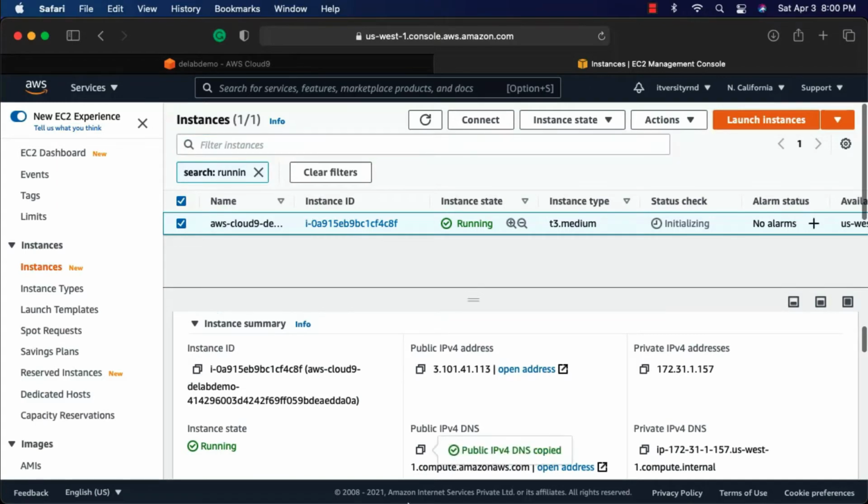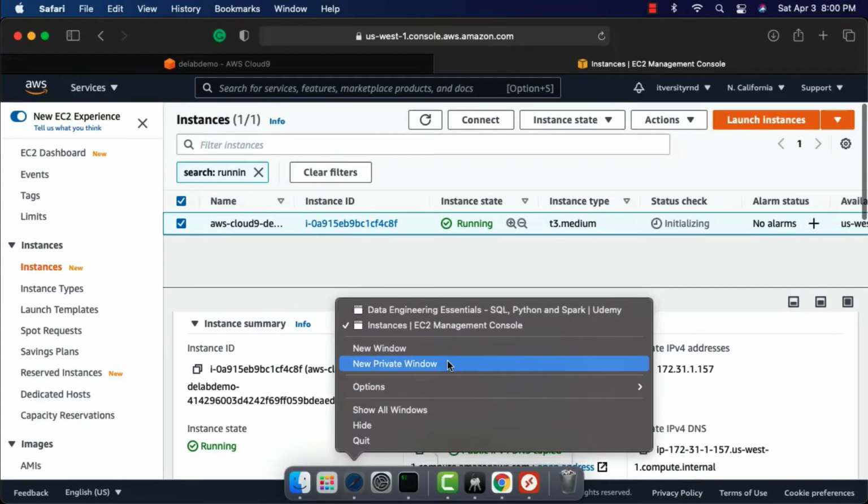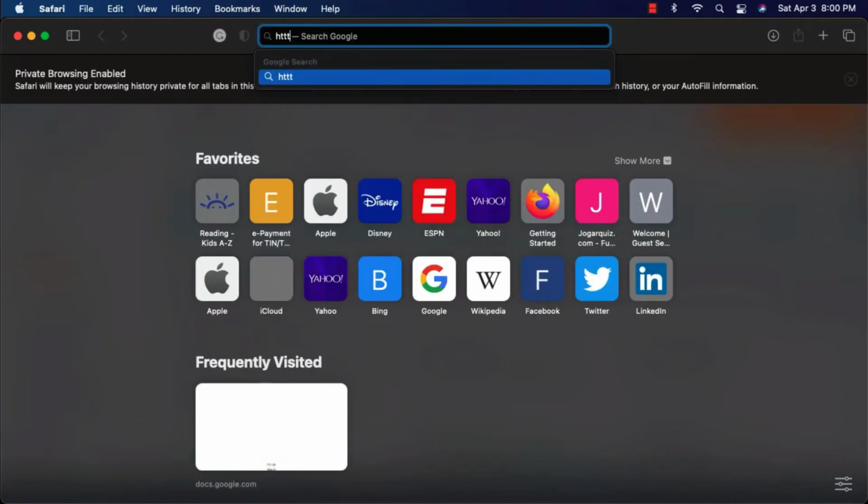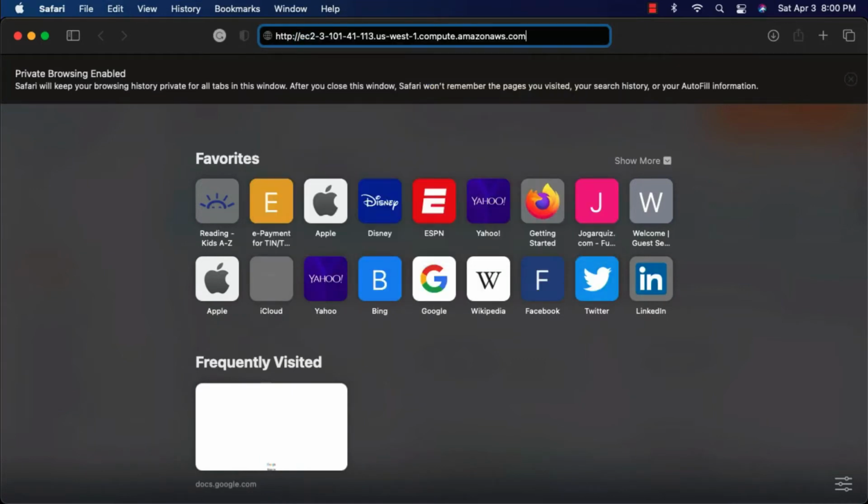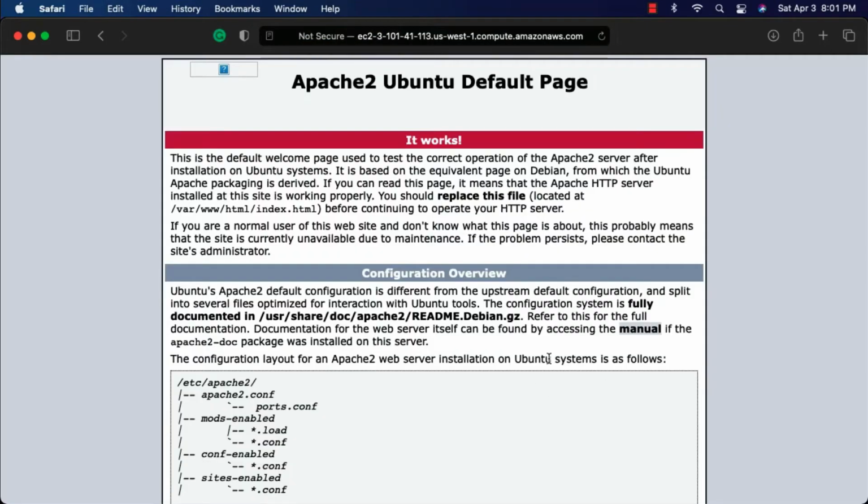Let me click on this and then let me open a private window here. I can say http://, paste this and hit enter. We can access the web server. However, it is not very productive to get the DNS like this and access the web server. It is better to have a static IP. There's a cost associated with the static IP, but it is very minimal cost. It is worth pursuing the elastic IP path rather than using this changing IP address to access our web services.